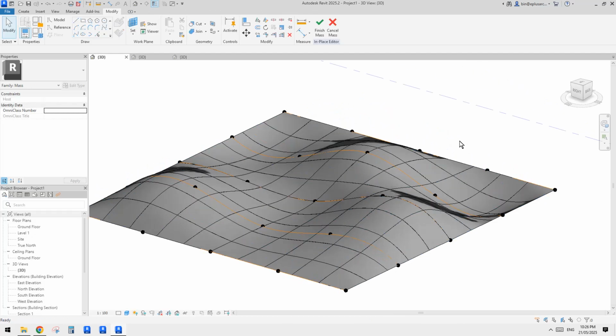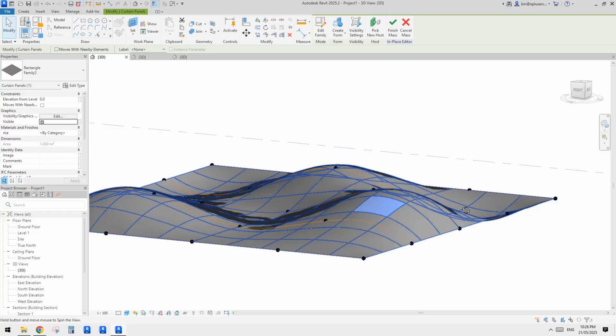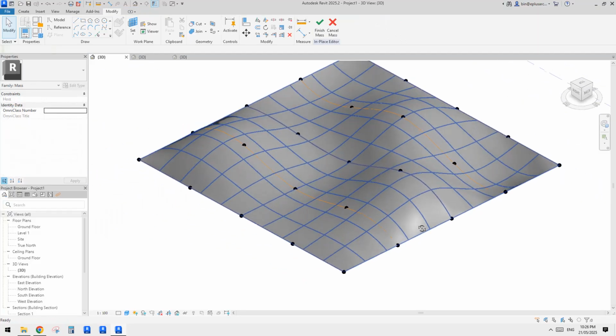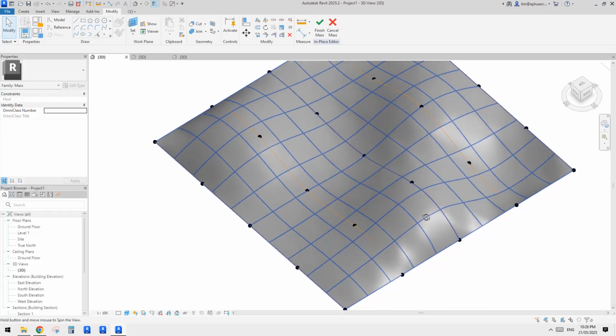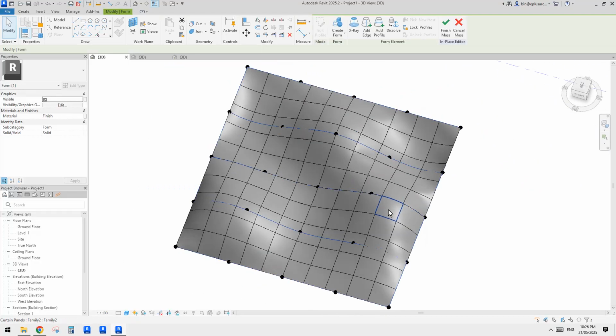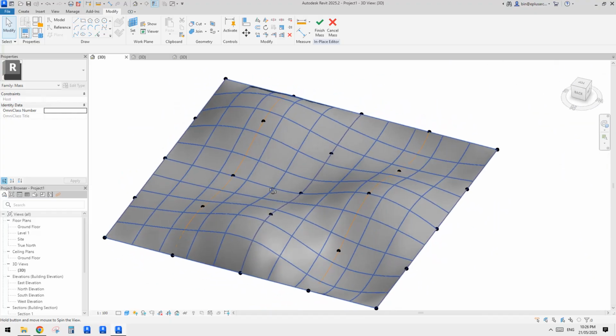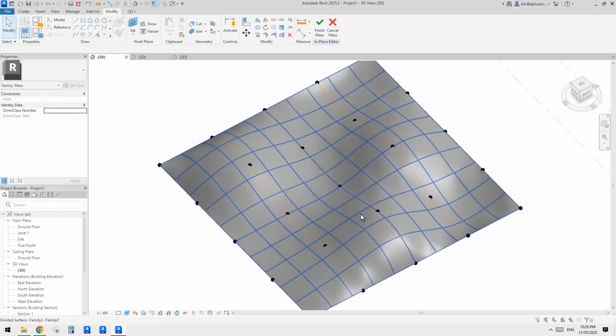See, now it becomes curved instead of flat. Okay, so this is the second issue we solved. It looks very simple, but it can be a little bit tricky to create. Okay, so the last one,